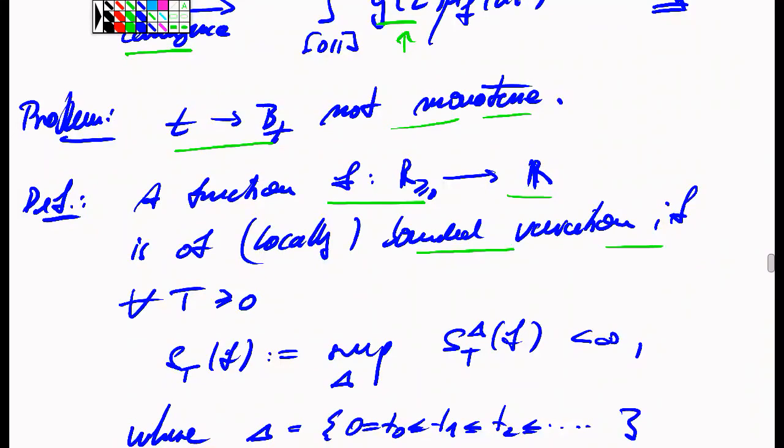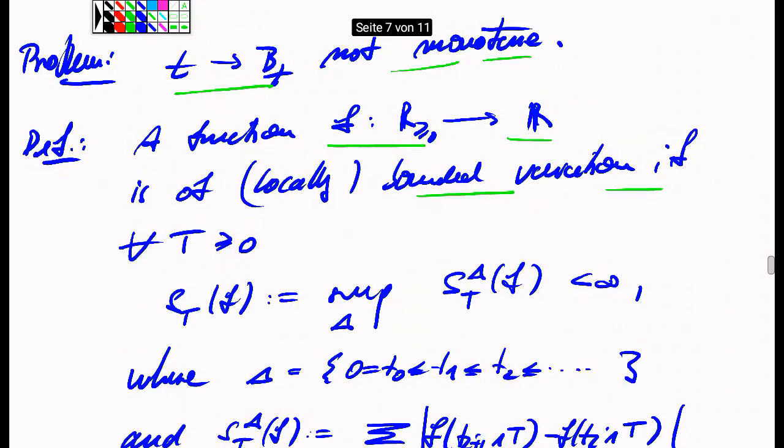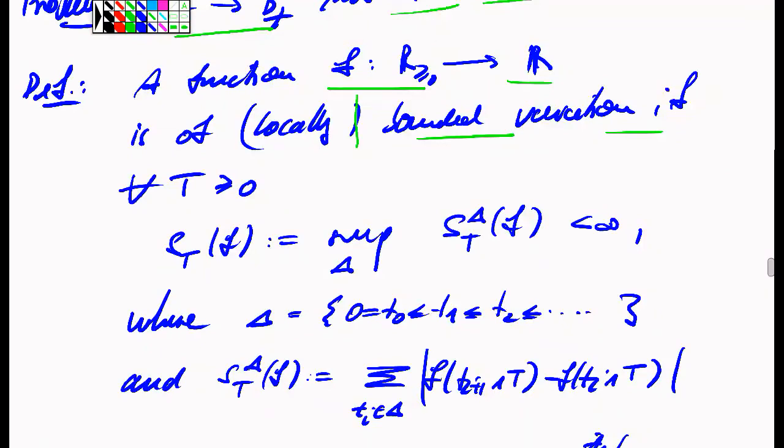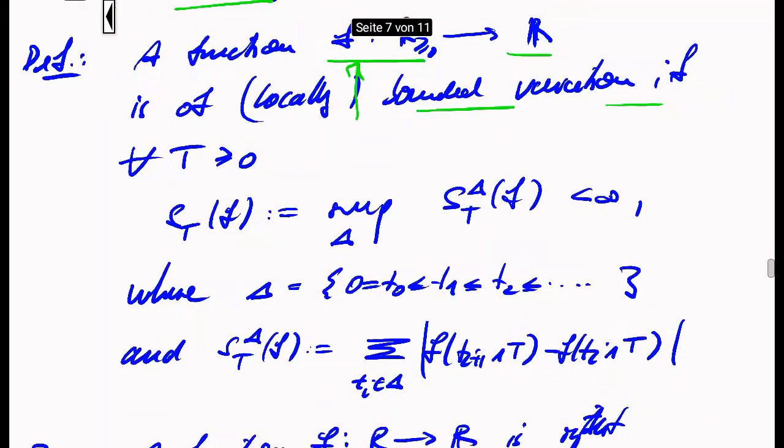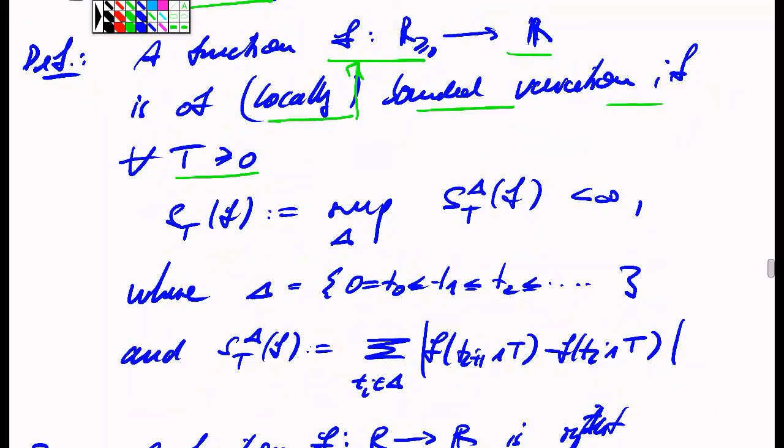This will be the maximal class of functions where we can still apply this idea of a Lebesgue-Stieltjes integral. And the definition here of a function which is of locally bounded variation is as follows. Namely, a function which, for instance, is defined on the non-negative time axis is said to be of locally bounded variation if for all non-negative times t,